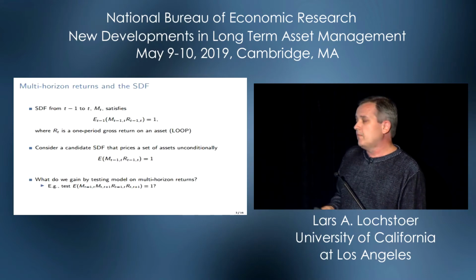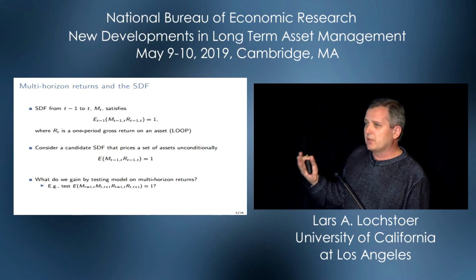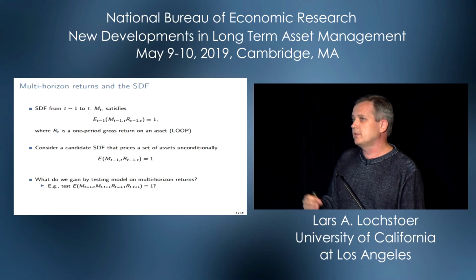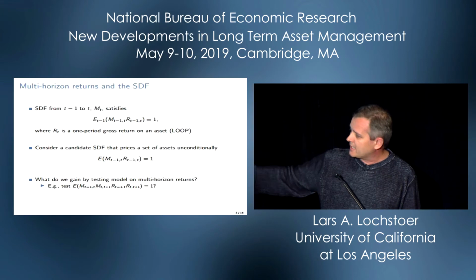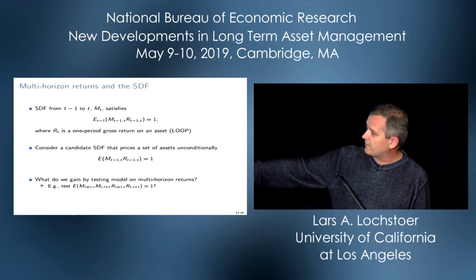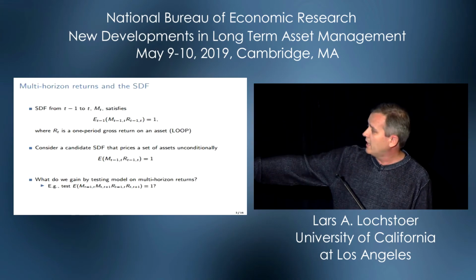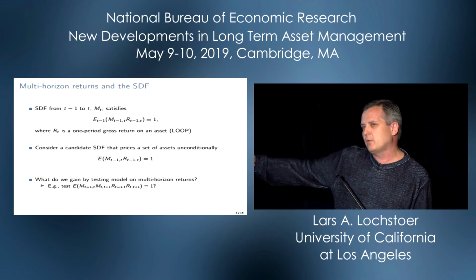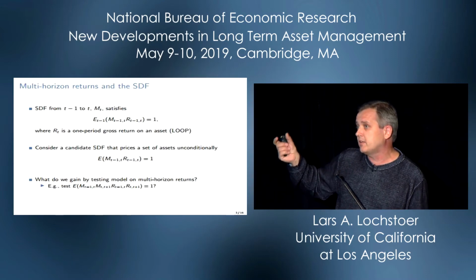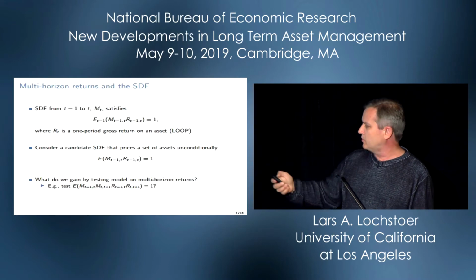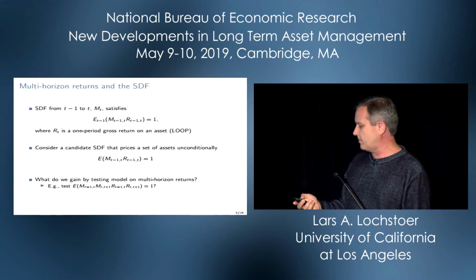What do we gain by looking at, say, if there were monthly returns, let's think about 2-month returns? Now, what does that buy us? If you look below, that's how you would gross up the discount factor. The m's are just multiplied together, and the returns are gross returns. If you want to think about HML, I'm just going to take HML and add the gross risk-free rate. That would be my gross return. That should still be equal to 1 if this is the right model.